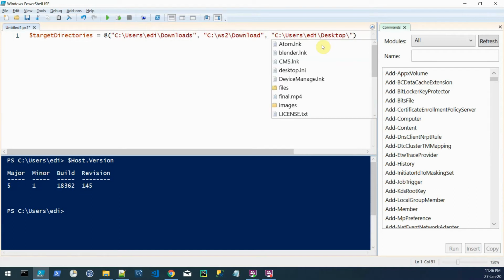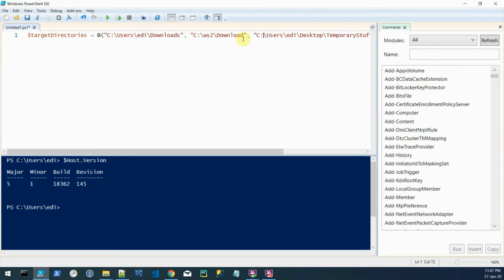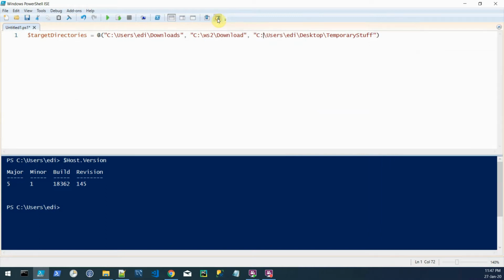And I named it temporary stuff. Okay, I can just zoom out or actually get rid of this panel. Okay,